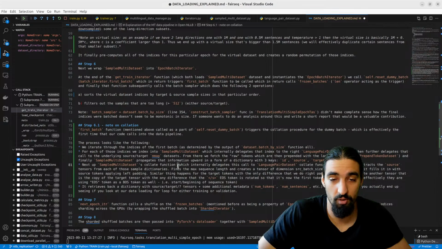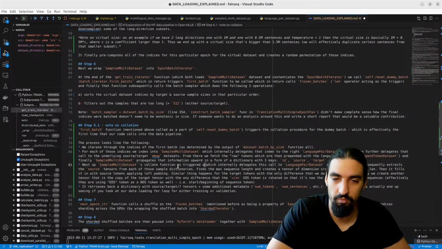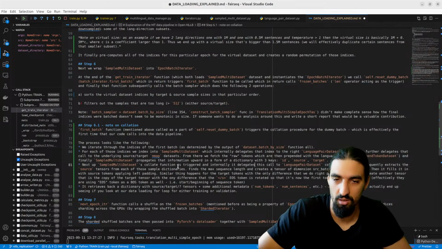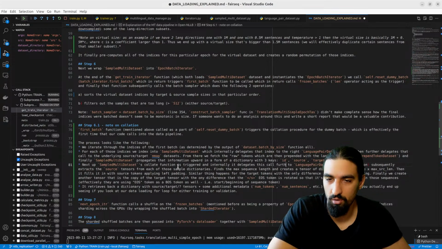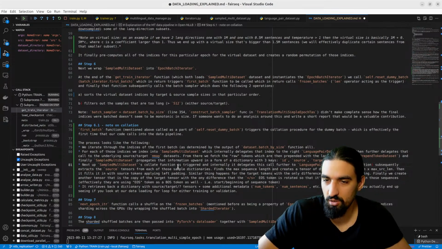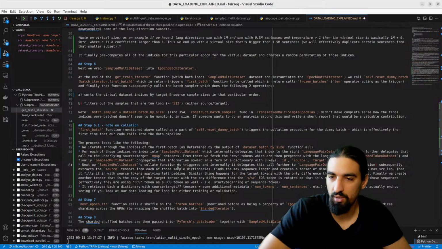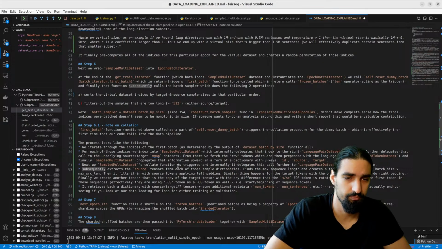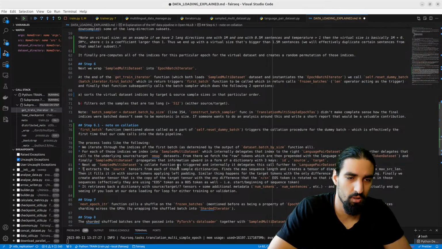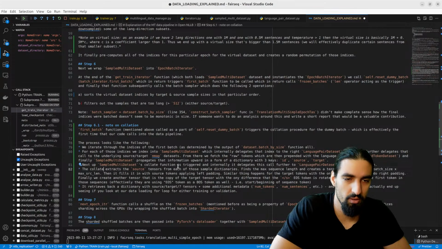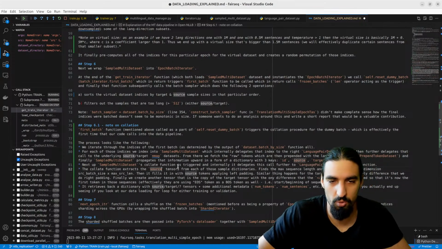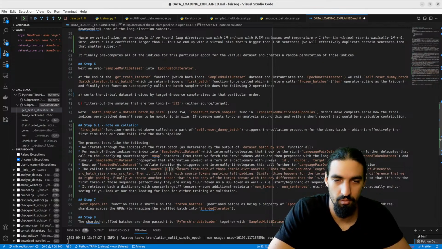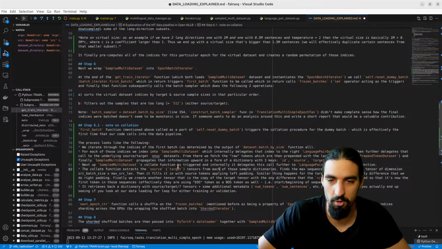Next up, this collate function is triggered, and internally it delegates this call further to the language pair dataset's collate function. The collate function extracts the source and target tensors from each of those sample dictionaries,